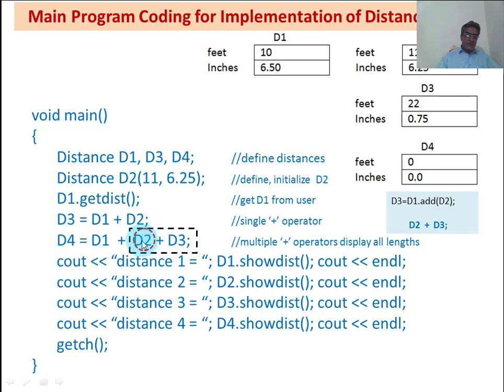What will happen? The circle value d2 will call plus, so this pointer will store the value of d2's address, and the value of d3 will be passed to the plus function. The plus function will receive the value and perform the operation on the values of these two objects and will return some value, which will be returned at this black rectangular box position. At this specific location, the sum of these two objects will be returned.